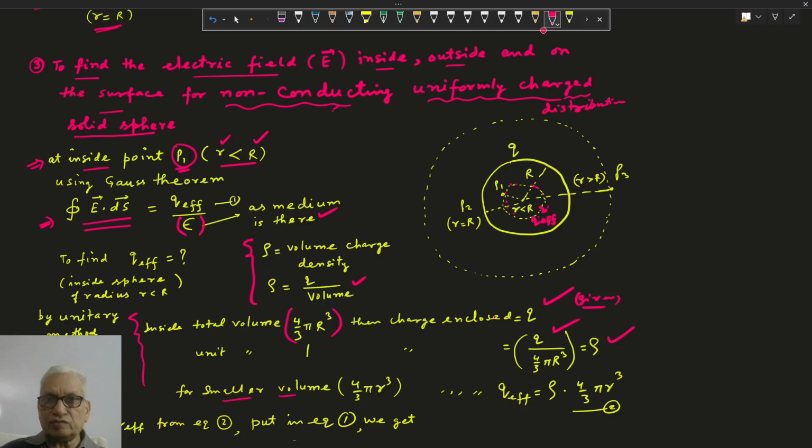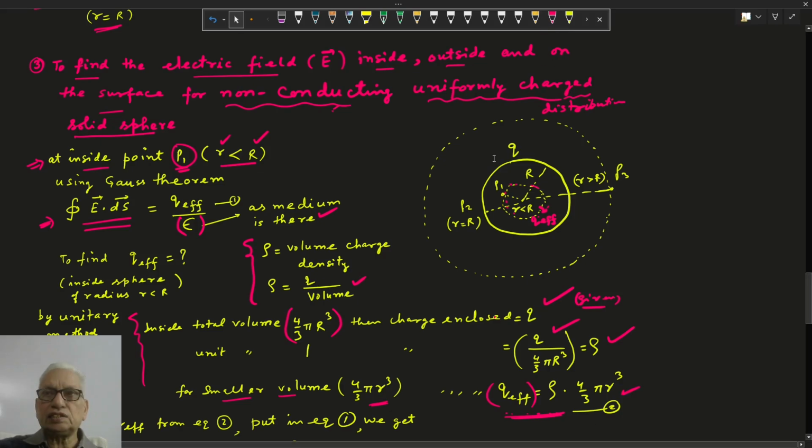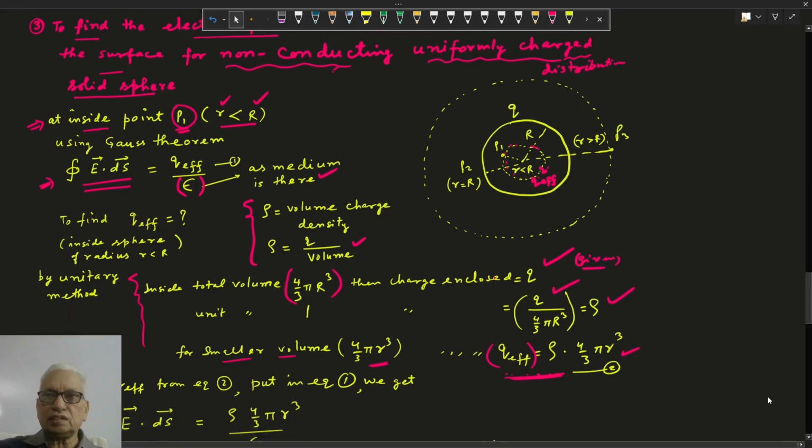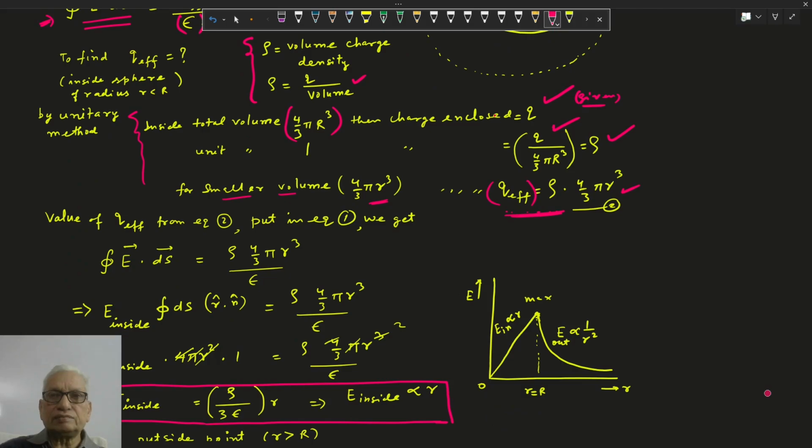This is also called charge upon volume, the volume charge density rho. For a smaller volume, 4/3 pi r cube, where small r is the inside radius, q effective will be density multiplied by the volume, given by equation 2. This is the effective charge inside the smaller sphere of radius r. Now put it in equation 1, Gauss theorem. Here E dot ds equals q effective, which is rho, the volume charge density, multiplied by the volume inside,